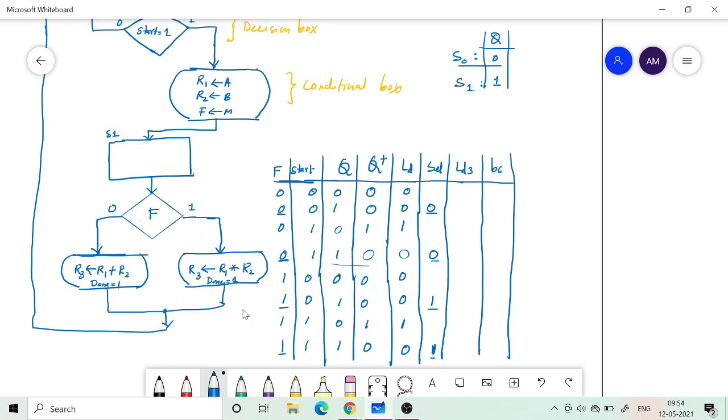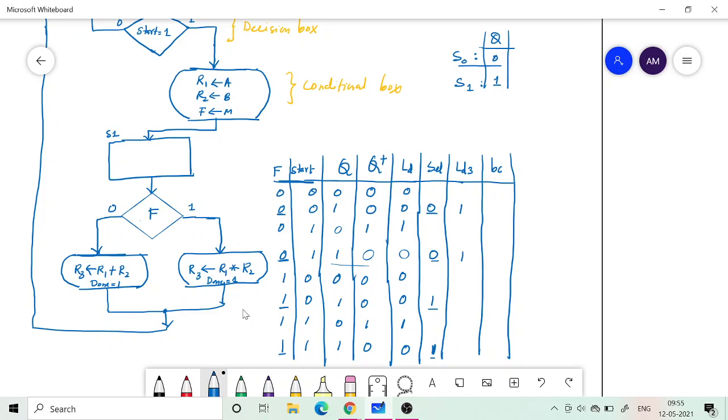Okay. Next is load 3. When should I load? In which state am I going to do the loading operation? S0 or S1? There are only two states. S1. So we only need to look at the case for Q equal to 1. That is S1. Q equal to 1 is S1. So when Q equal to 1, I have to always load. Whatever is my content, I have to load. So Q equal to 1, the load will be 1.